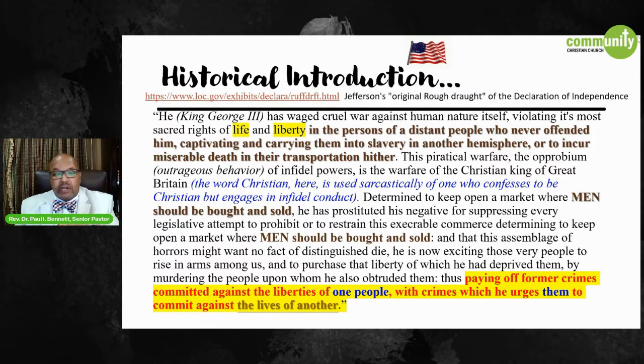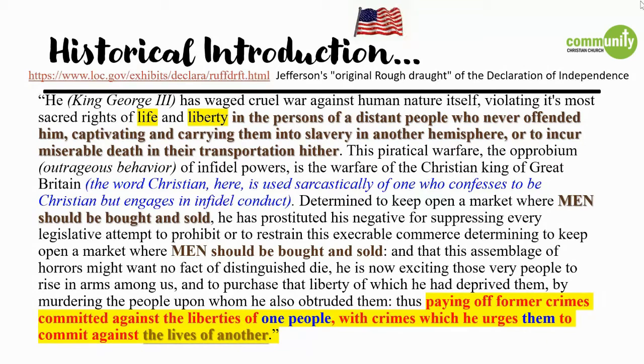Determined to keep an open market where men should be bought and sold, he has prostituted his negative for suppressing every legislative attempt to prohibit, watch this, or to restrain this execrable commerce, determined to keep open a market where men should be bought and sold, and that this assemblage of horrors might want no fact of distinguished dye, he is now exciting those very people, stay with me, to rise in arms among us, colonists, and to purchase that liberty of which he had deprived them by murdering the people